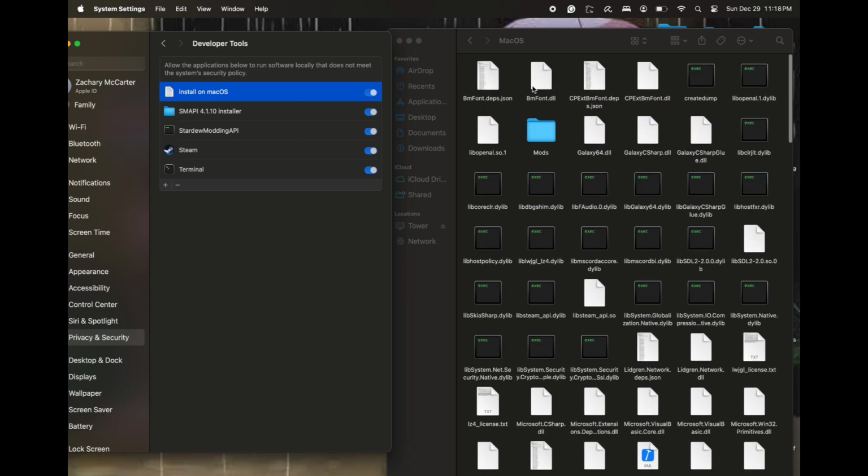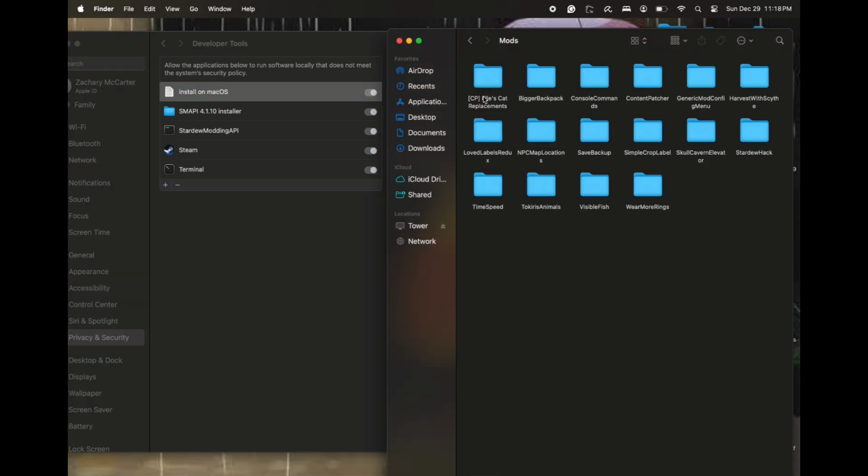One more thing is at the very top, you want to make sure you have a mods folder. You can create that, or it might create it itself. I can't quite remember. And then all of the mods that you get from Nexus, you're going to download. It's going to be a zip file. You open up the zip file and it has a folder inside, and you just drag that folder into your